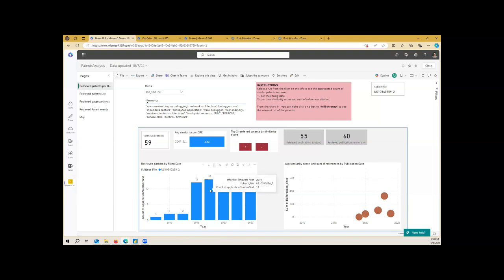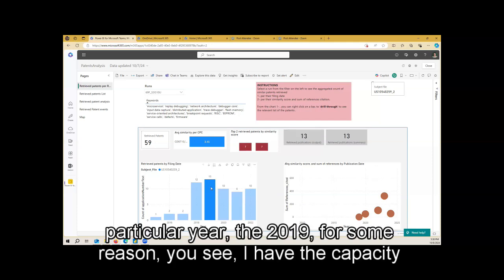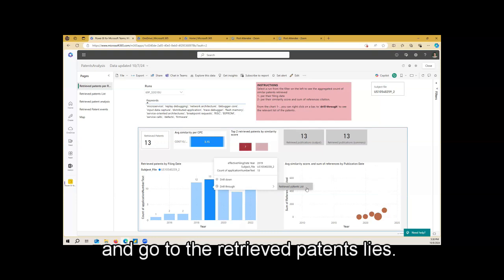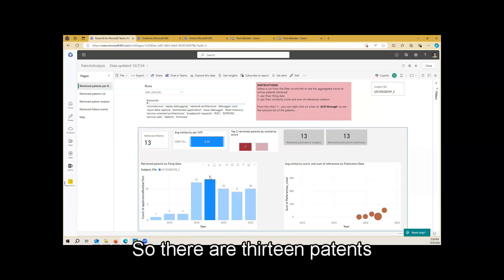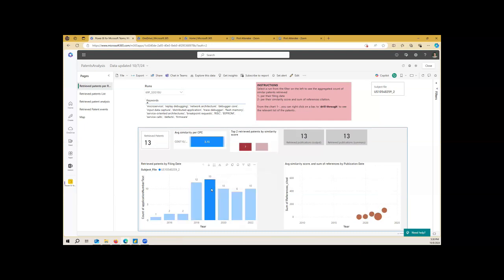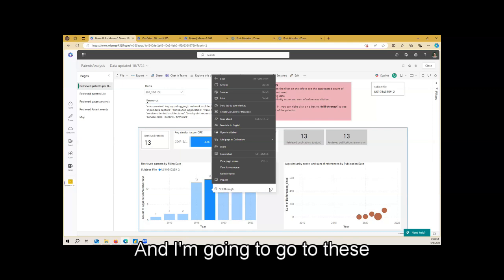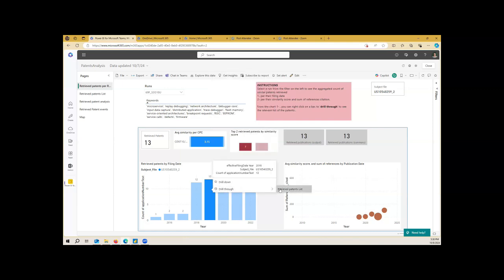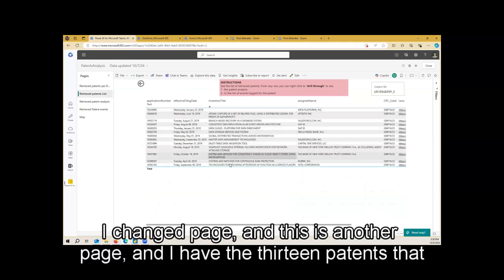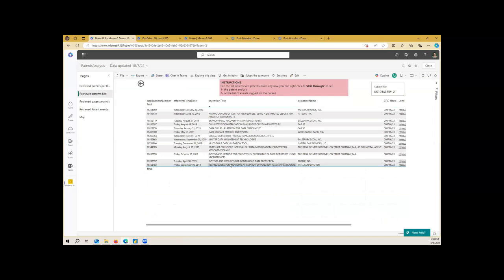And let's say that I'm interested in this particular year, 2019, for some reason. You see I have the possibility to drill through and go to the retrieved patents list. So there are 13 patents that were filed in 2019, sorry. And I'm going to go to these 13 patents. Here I change page, and this is another page, and I have the 13 patents in a table format